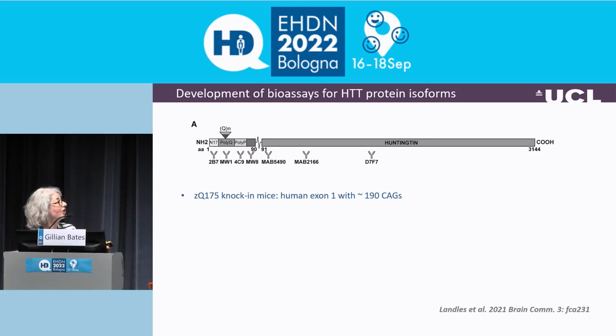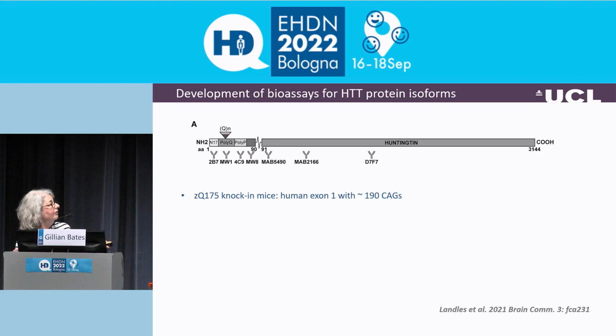And Christian started working with 6 antibodies: 2B7, which is at the end of the exon, end of the protein. This one, MW1, just detects long polyQ, so only mutant. 4C9 is specific to a human sequence in exon 1 that you're going to hear a lot more about from Elena. MW8 is our antibody at the end of exon 1, and then we have some that are more